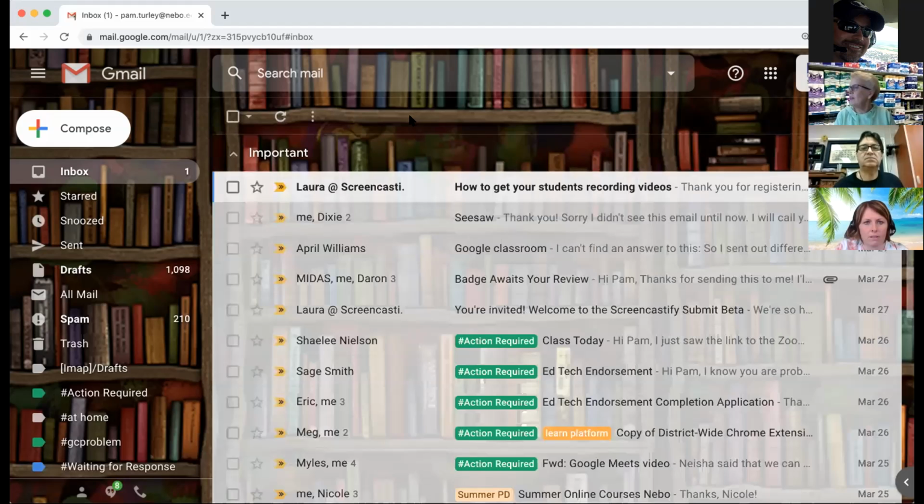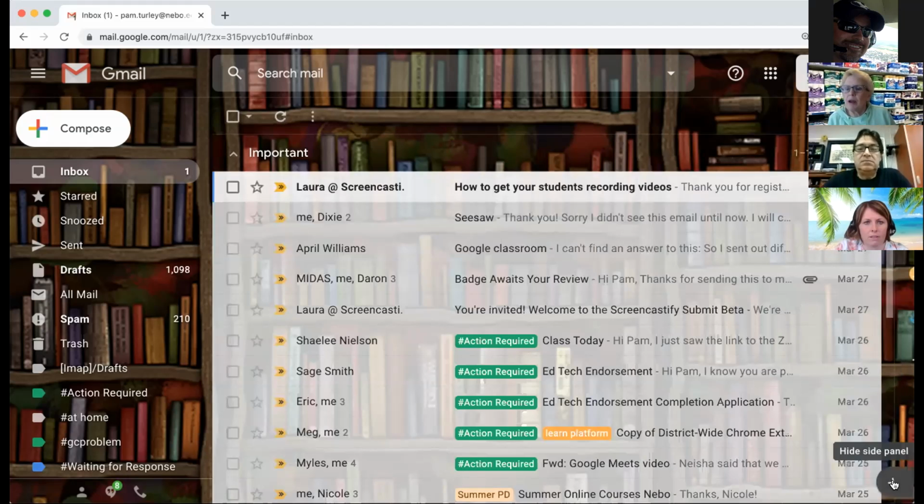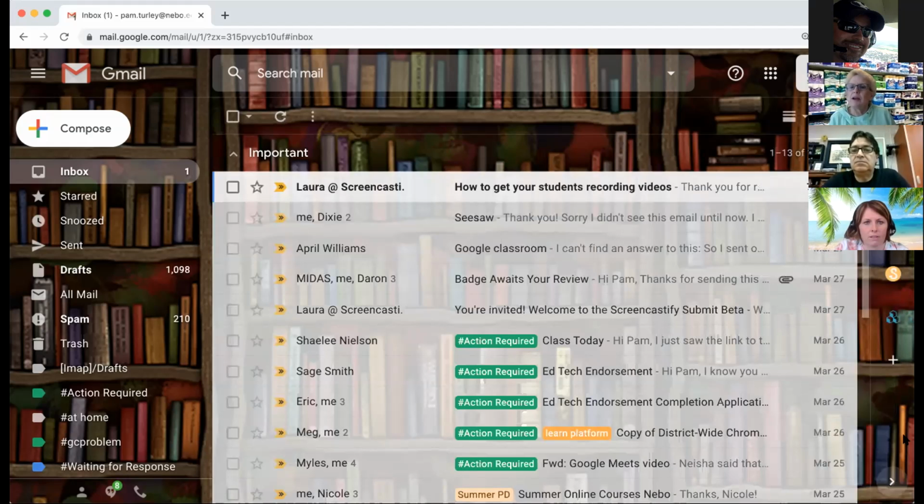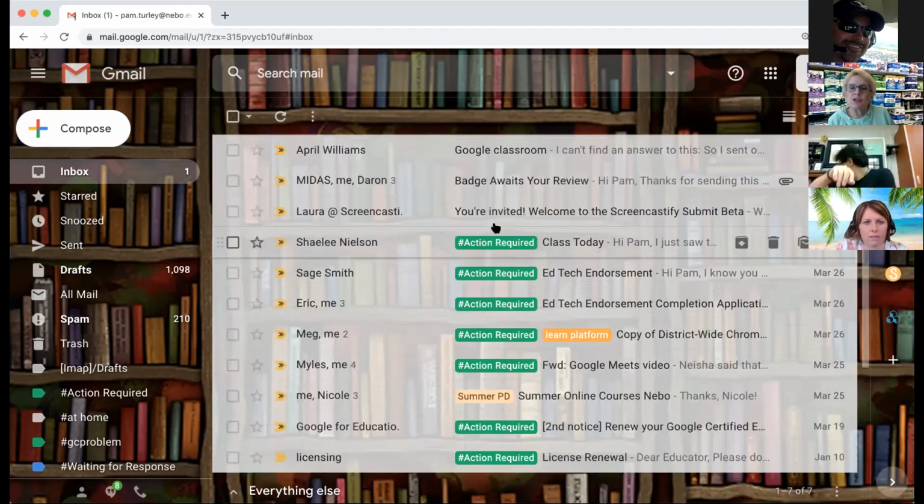If it is a calendar event, you click this little button over here on the right. Notice that you can open up your calendar right from your Gmail. You can open your calendar. You can open up Google Keep. You can open up Google Tasks. So if something had a calendar item attached to it,